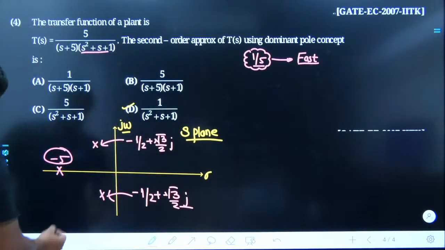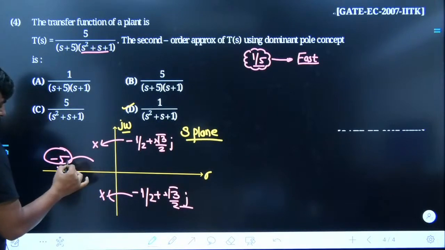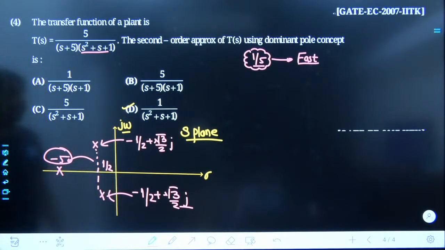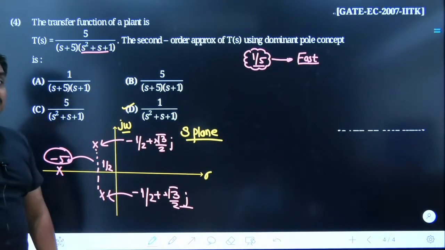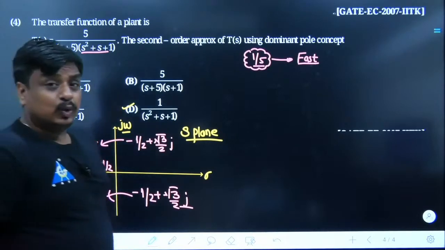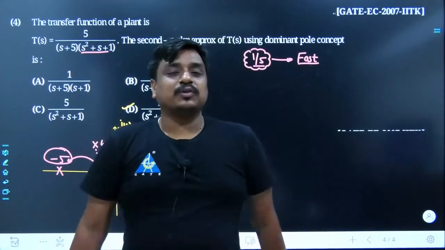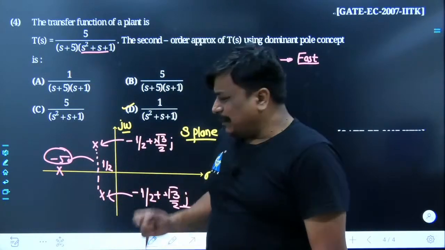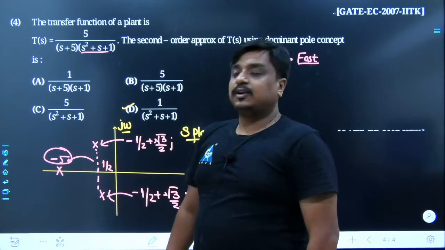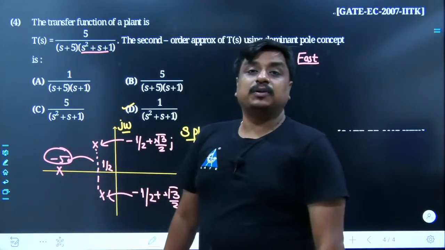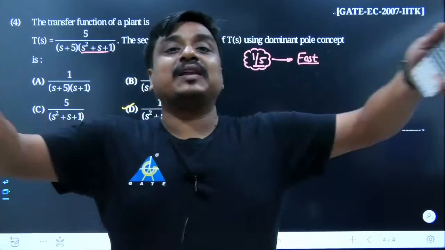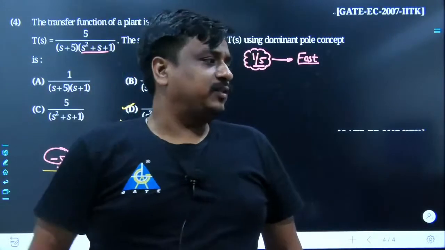So obviously if we compare these two poles, the real part of this pole had been 1 upon 2 with the minus sign, and here it had been 5, almost 10 times. So whenever you have a significant difference between the locations of poles kept towards the left hand side, significant, I take at least 5 times. In that case, the fast pole can be dropped because its effect would not be that visible over the y of t over a substantial amount of time, because it would come and it would vanish.